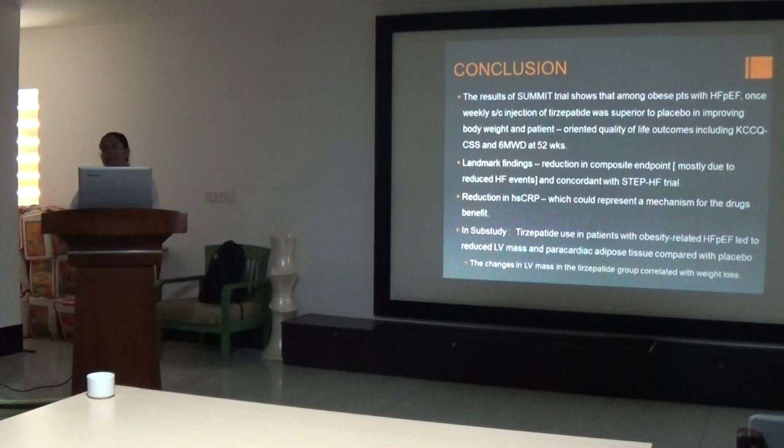So why did you take this paper on STEP-HF, and why did you choose this one? This was one of the papers in the JACC journal. This was new, and this was the only one which had some structural changes. They have done CMR. We don't know how many images were adequate or not, but this is one study which has been published with CMR, where in cardiac magnetic resonance we are seeing a reduction in the adipose tissue structure. If that is the case, then all those cardiac MRI